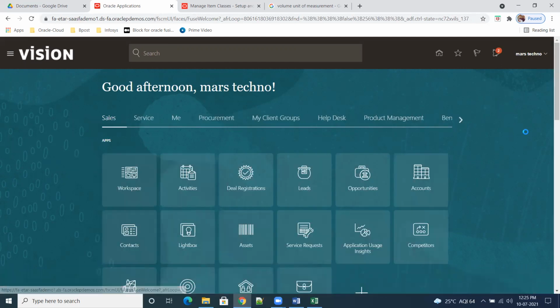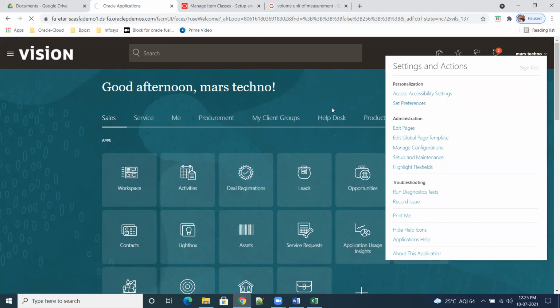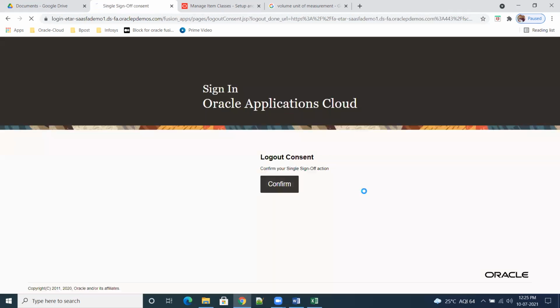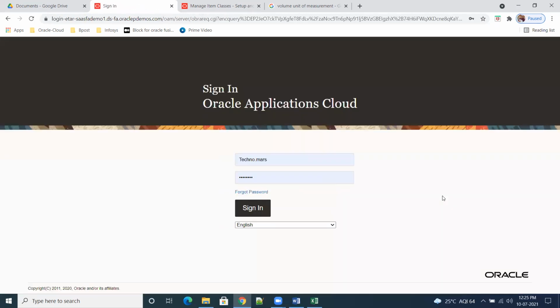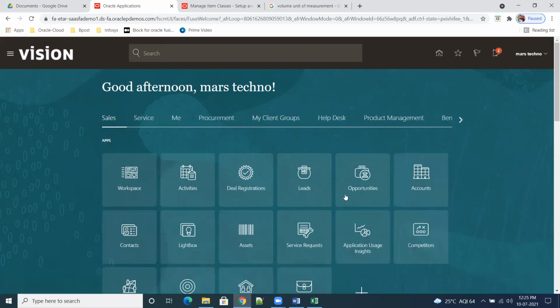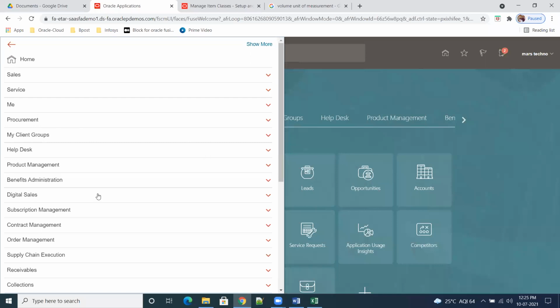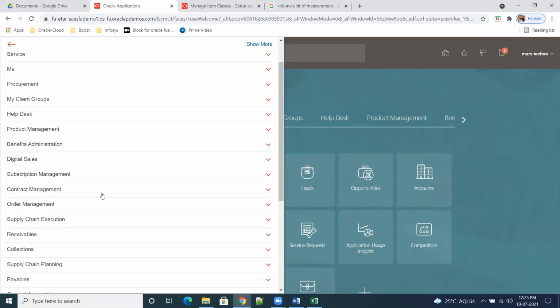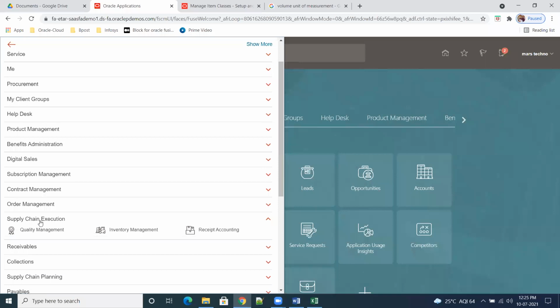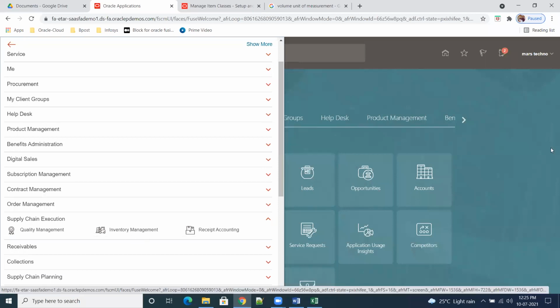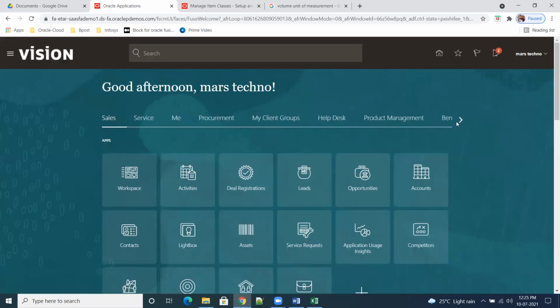No. Usually it should synchronize. Inventory area. Now it has come. Sometimes the system will behave like a kid.